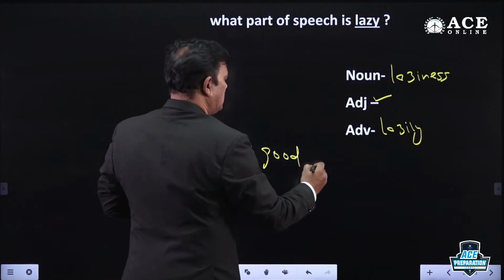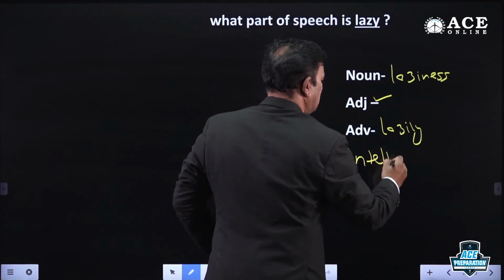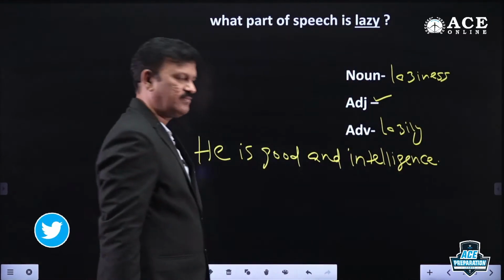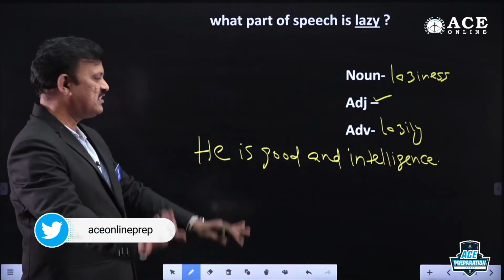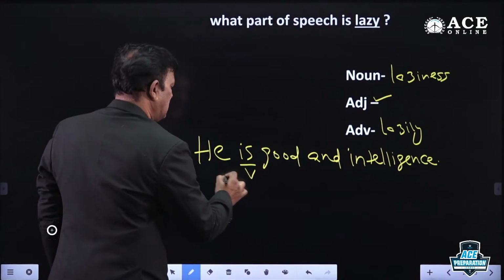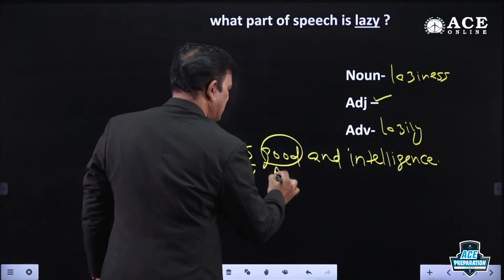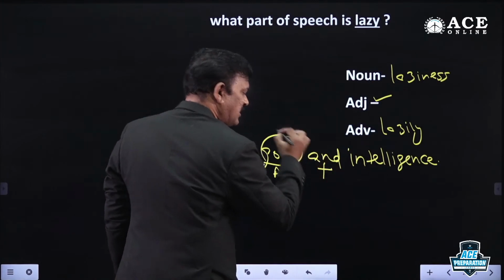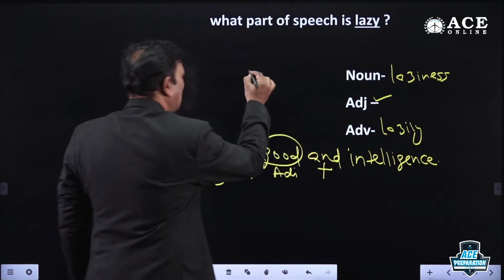He is good and intelligence. I have given a sentence. This is the verb, this is the subject, this is adjective, and this is coordinate conjunction. And see here, and,